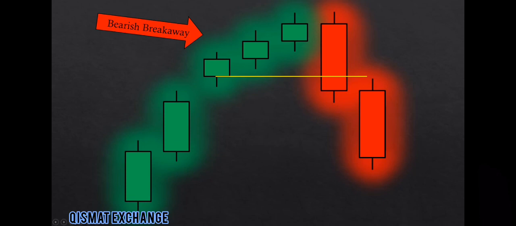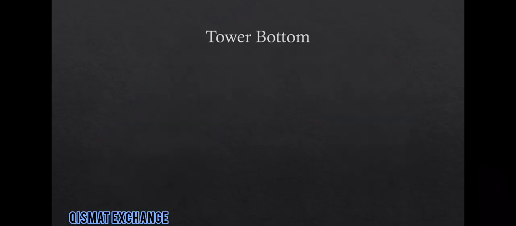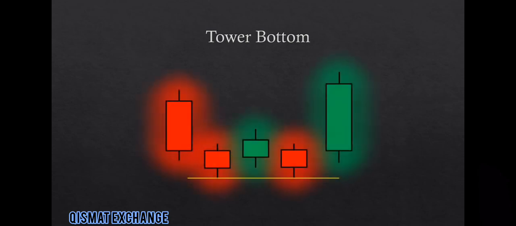The next pattern we are going to analyze is called tower bottom, which is a bullish reversal pattern. The first 2 candles in the pattern are bearish, one medium-sized candle followed by a small candle. That already denotes a decrease in selling pressure, given the decrease in the body size of the second